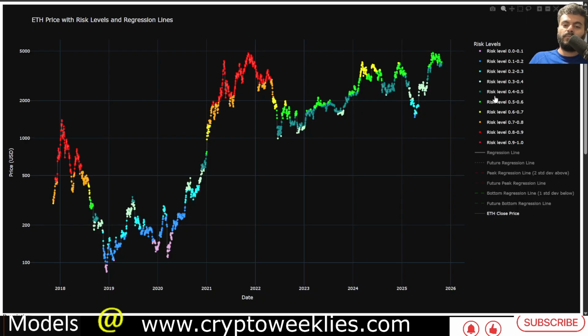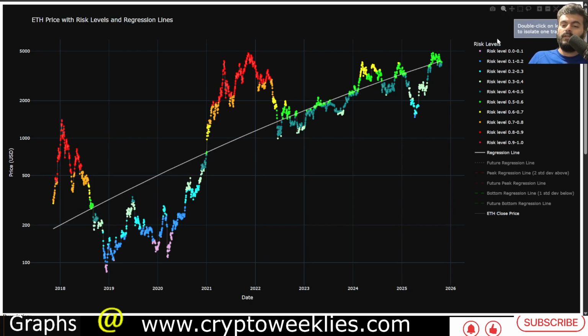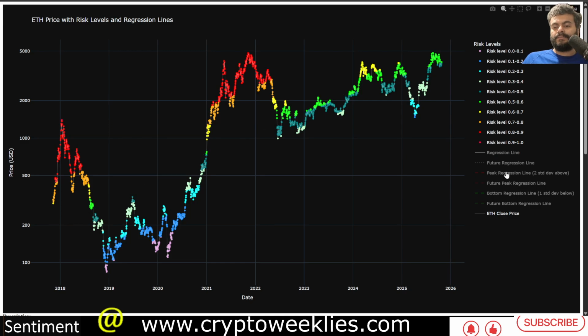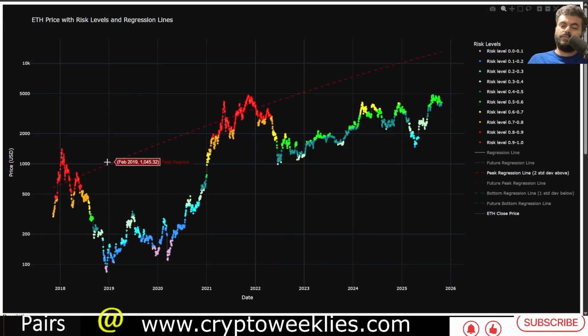The linear regression model is again price color coded at a linear regression based fair value. Currently the price is very close to the fair value, which is at around $4,175, whereas the peak regression model, which deals with what happened to each price from one market cycle to the other towards the end of the bull run, that ceiling is at around $13,000. But you can see the delta between the price action and the dotted red line is ever so decreasing. So this time around, again, there is a high likelihood that ETH misses this dotted red line.